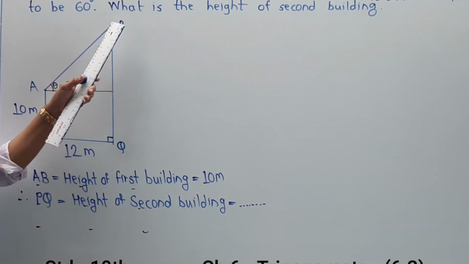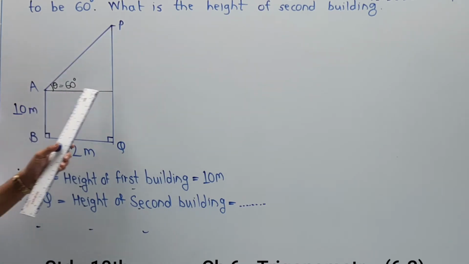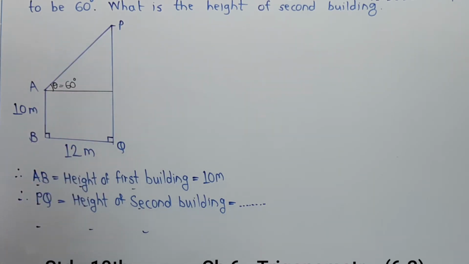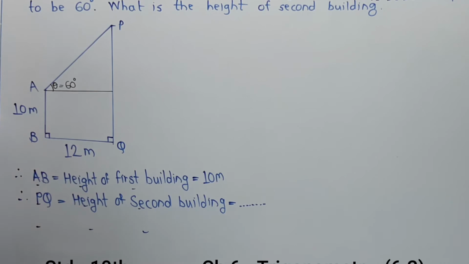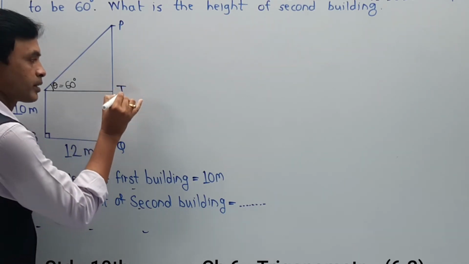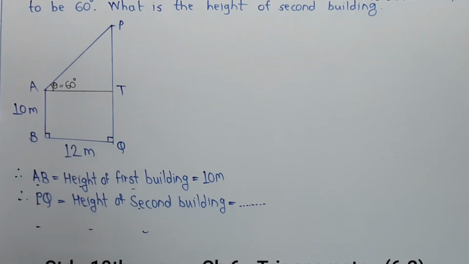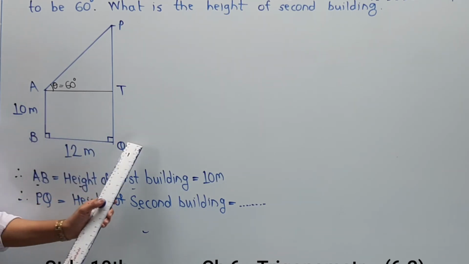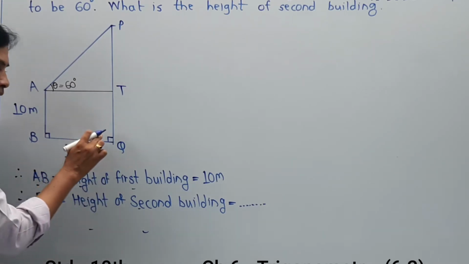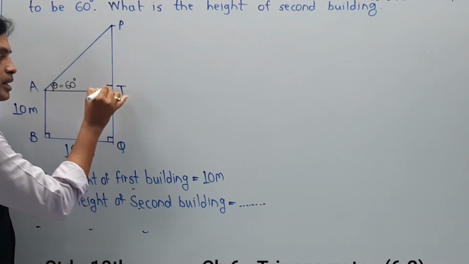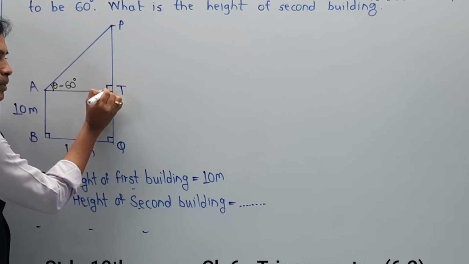Here, if you want to indicate the angle of elevation PA, there is no point. So as per your condition, you can take a point. As I have taken AB as the name of the first building, they have not given it. I have taken the second building as PQ, they have not given it. In the same way, this point is missing for us. So I am going to indicate it by point T. Again, remember this nomenclature you have to decide. And as you have drawn BQ parallel to AT, naturally this angle as well as this angle must be congruent and that becomes 90.